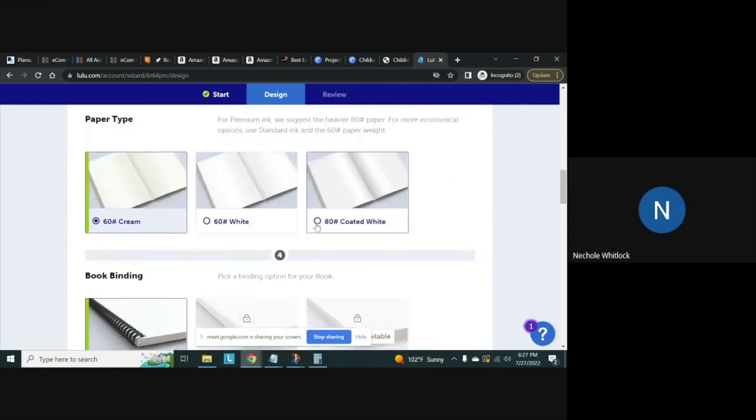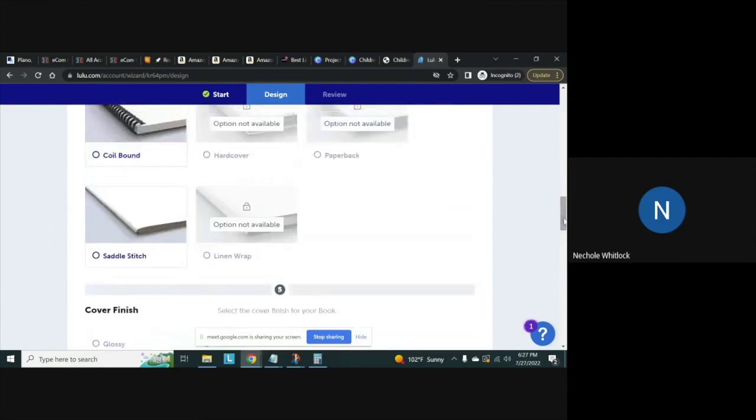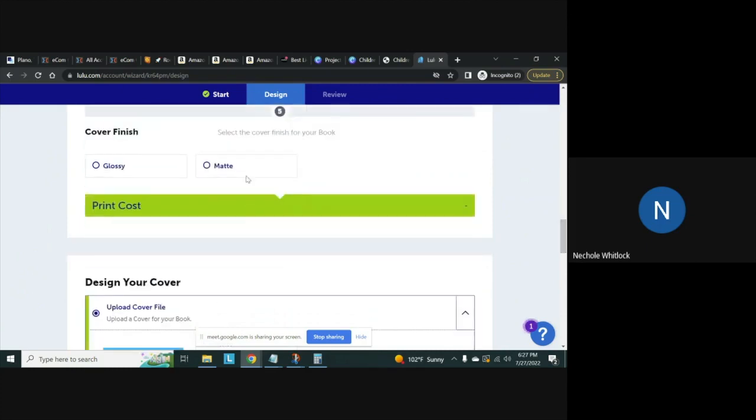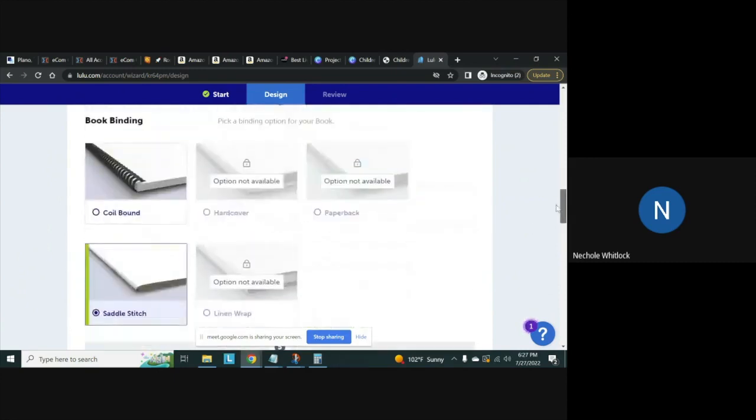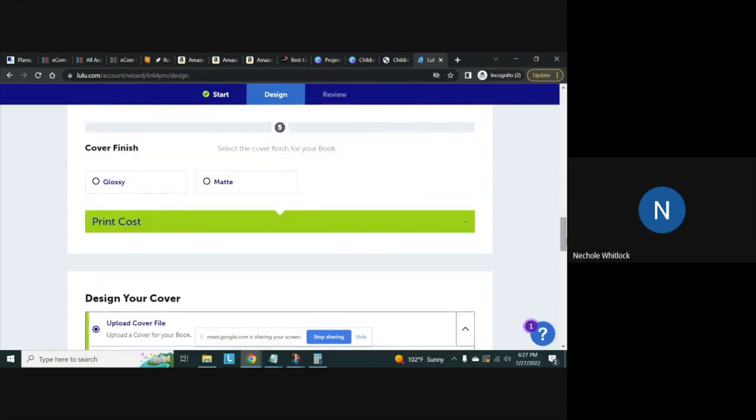If I want the heavier paper, and I choose saddle stitch and matte, it's $3.98. If I decide to do coil and matte, and you could do glossy if you want to,